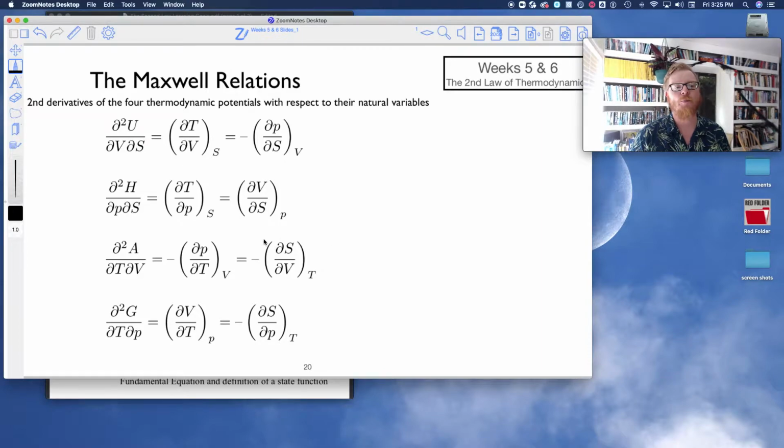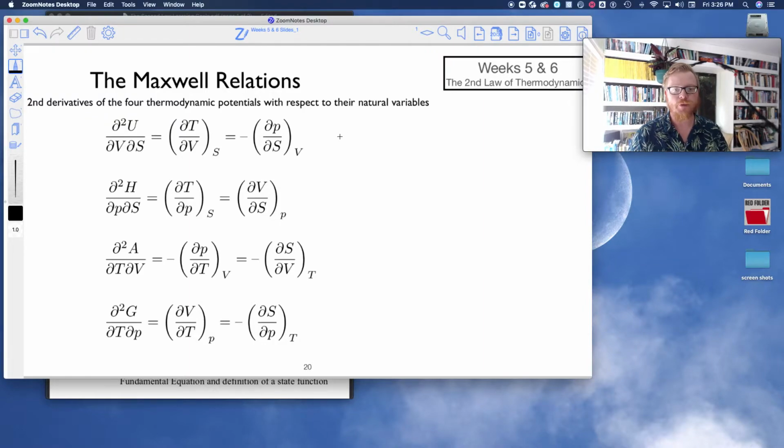And also, as we move forward in this class, we're going to see how useful it will be to have a key or a cipher or a mnemonic to quickly recall these relationships. So the Maxwell relations are the second derivatives of our four thermodynamic potentials with respect to their natural variables. Okay, those four thermodynamic potentials